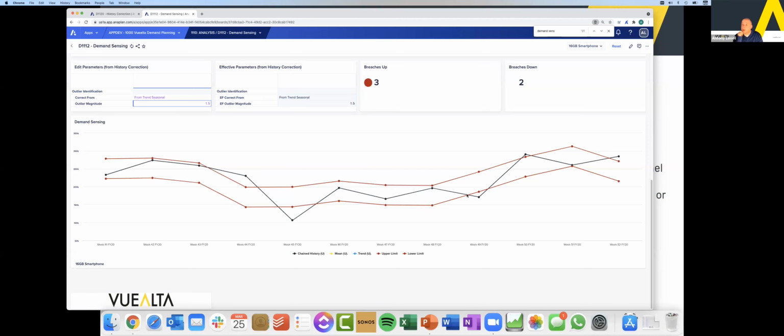And then we can look back over a period of time and see, and what we're looking for is constant breaches in a direction. Now you can see I actually do have 3 small breaches outside of this zone. So the system's telling me they're 3 up. And if I just expanded my limit a little bit, I wouldn't have any breaches. We can see this is actually closely following. But if all of a sudden the history started moving up here or down here, I would quickly see that I've breached these limits within a few weeks. And just pure history can give me an indication therefore that something's changed.